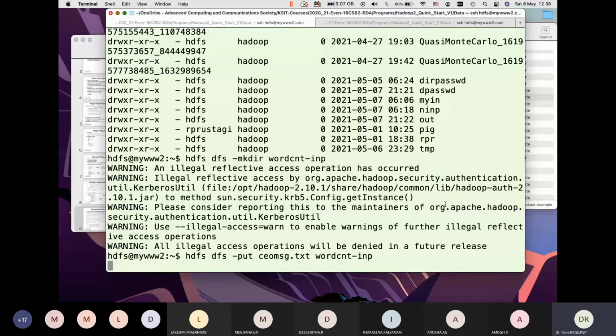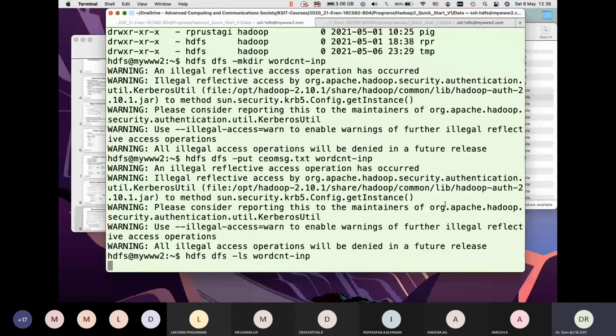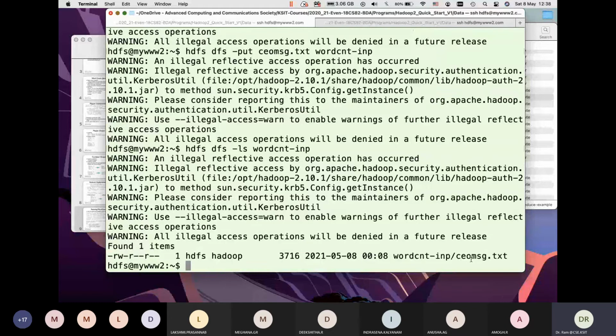So this is created. We can verify that. I have the data available. That file is copied. If I make another copy, it will process and do both of them. I'll make sure that I have no output directory.